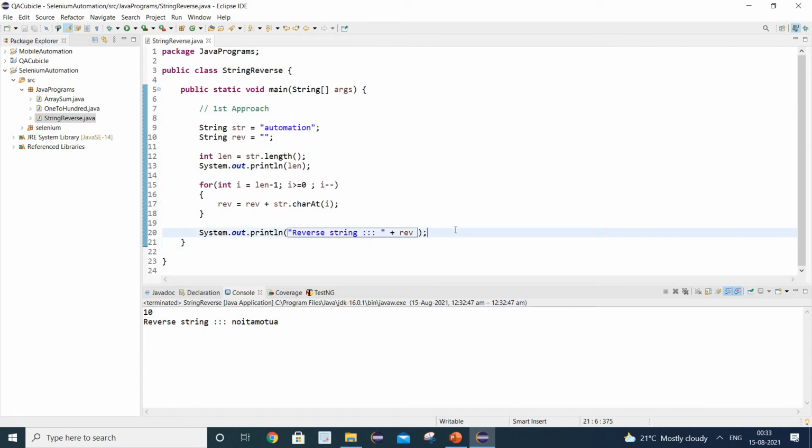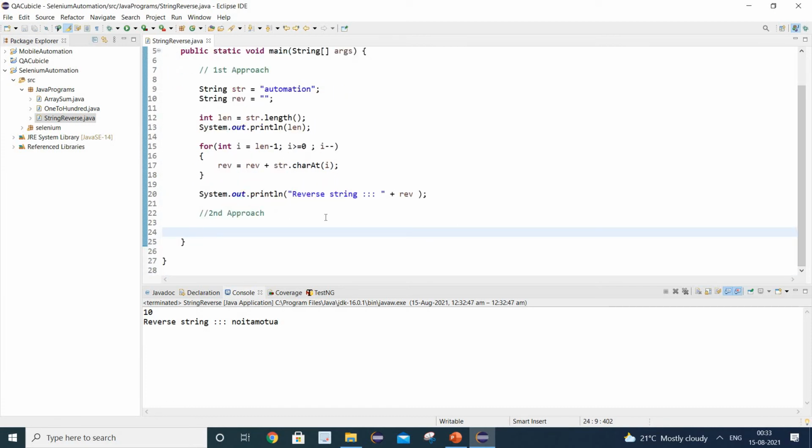Okay, now let's see what is the second approach. So guys, the second approach is that we can reverse the string using the StringBuffer class as well. I will simply create an object of the StringBuffer class and reverse the string with the inbuilt reverse function.